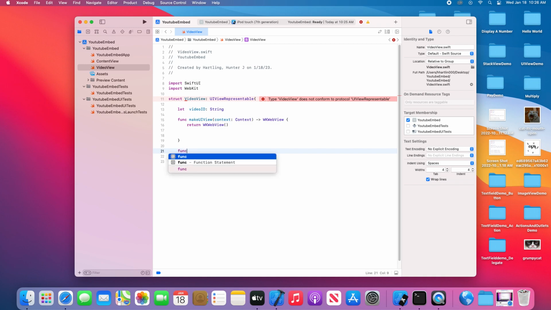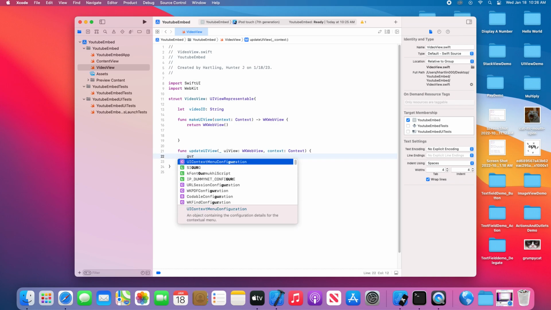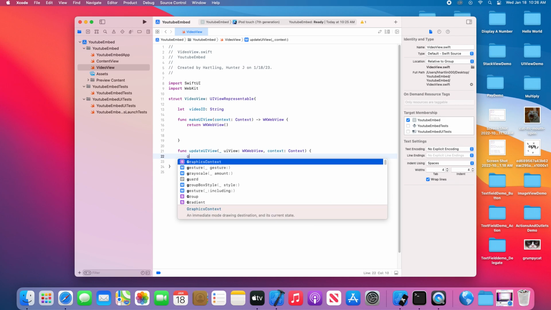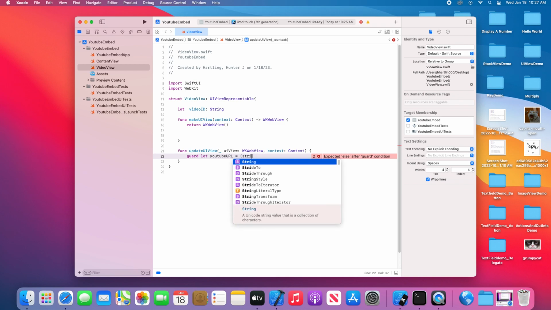Then we're going to do func update. Yep. Make sure everything's right. Yep. And then for the code, we're going to get rid of that. Guard let YouTube URL equal. Now it's just making sure SwiftUI processes the URL that we're going to put in. Equal, and then string